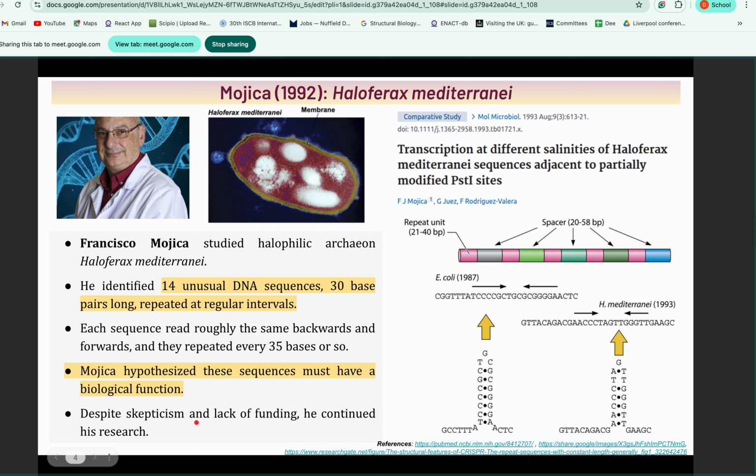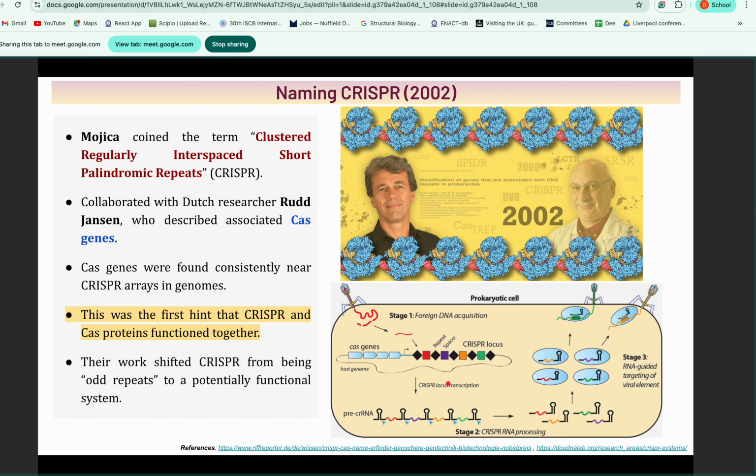There must be some biological function associated with it. Despite skepticism, many people at that time mentioned that these repeat sequences are present in almost every organism, so they do not have any significant role. But after all that skepticism and lack of funding, he still continued his research. Later on, in around 2002, he was working with another scientist, a Dutch researcher,